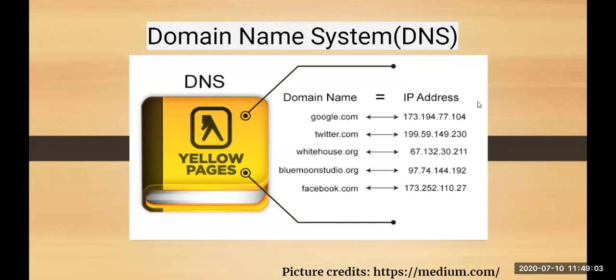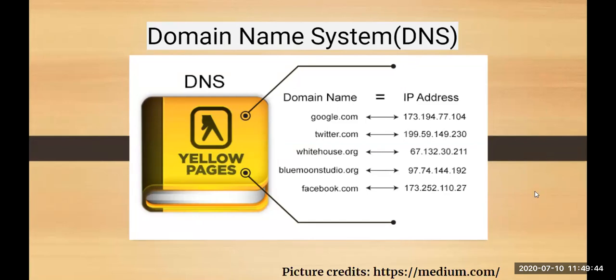It eliminates the need to memorize the IP addresses of those domains. If you just remember the domain name, DNS will translate it to the IP address for you and you will get the result. To be very honest, 99% of the time, whenever you are surfing any information over the internet or accessing any website, do you type the IP address? The answer is no. We type the domain name. The DNS server converts your domain name into an IP address and gives back the information to us. So the domain name makes things easy for us. We just need to remember the domain name, or the web address which we want to access.